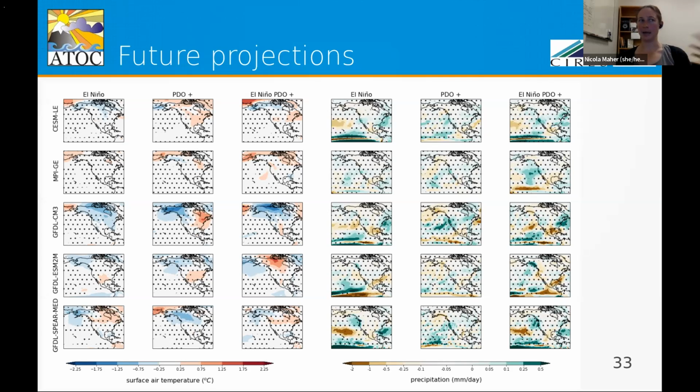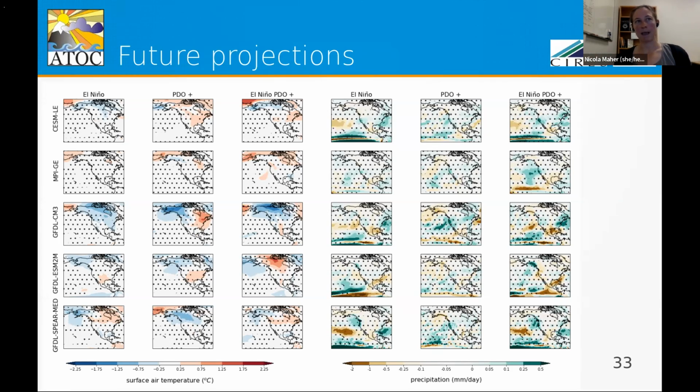And here I show again temperature on the left, precipitation on the right. And I show the difference for El Niños, the PDO positive, and then El Niños that occur when the PDO is positive. And what I want you to note here is that most of the map for all of the projections is covered in stippling, which means it's not statistically significant. We do see individual models that have statistically significant differences in small regions, but there is not really agreement across